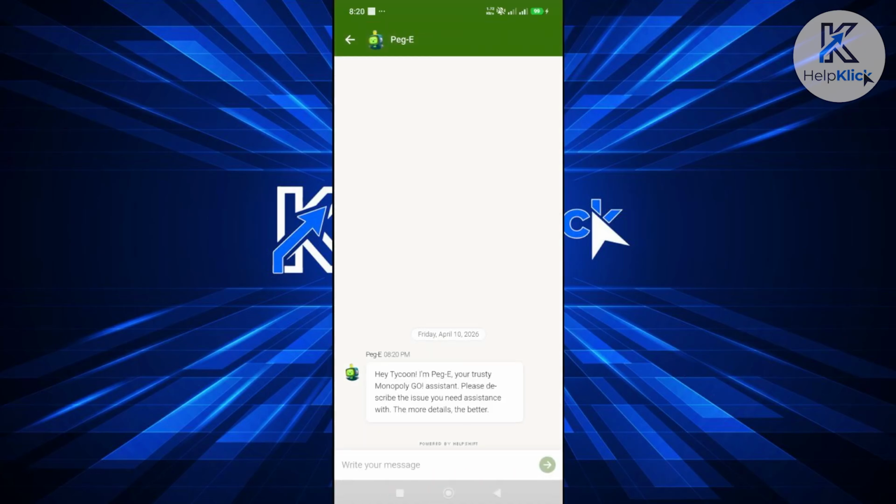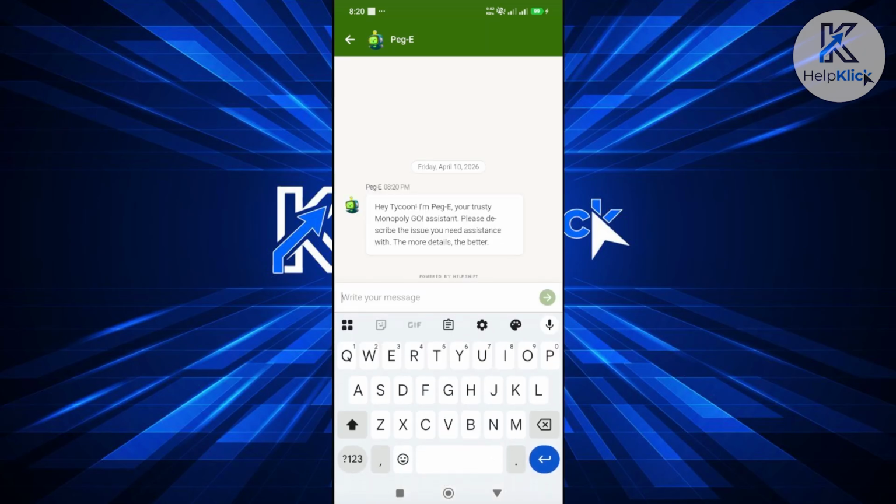PegE is the official customer support chat window specifically for Monopoly Go. What you need to do is specify here that you need assistance recovering your account. This might take a while, but you should be able to start the conversation here. So let's say, I need assistance recovering my account. Again, they might ask you for certain details here,